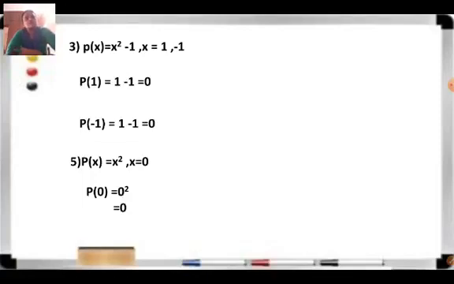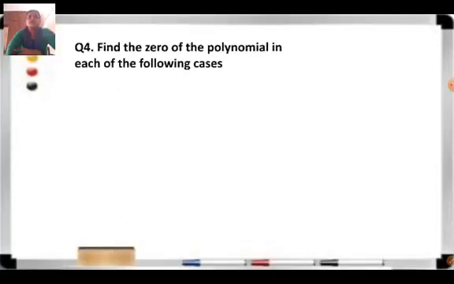And that is nothing but what we call the zeros of a polynomial. So what is the meaning of zeros of a polynomial? Whatever value you substitute in place of the variable, if after calculation you get the answer as 0, then that particular value is called a zero of the polynomial. See the next one. In question number 3, I have solved 3 questions. There are many questions. Try the remaining sums yourself as homework, and if you do not get the answer, we will discuss it in the live session.